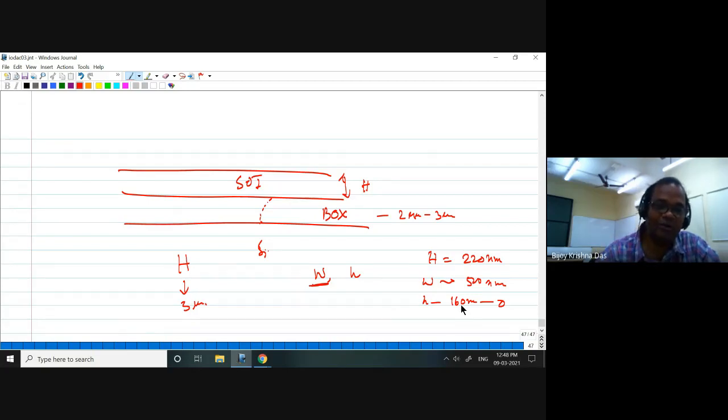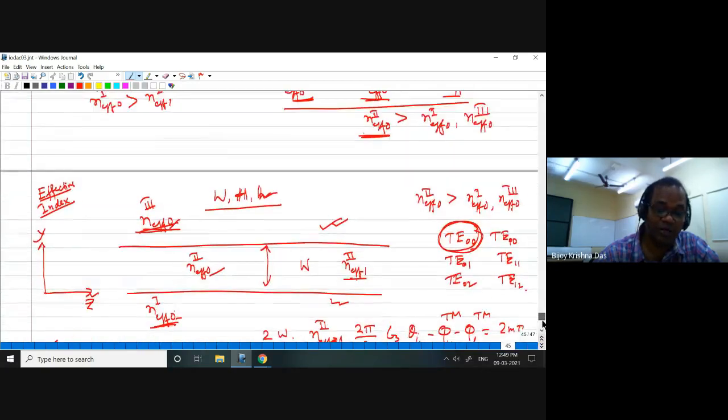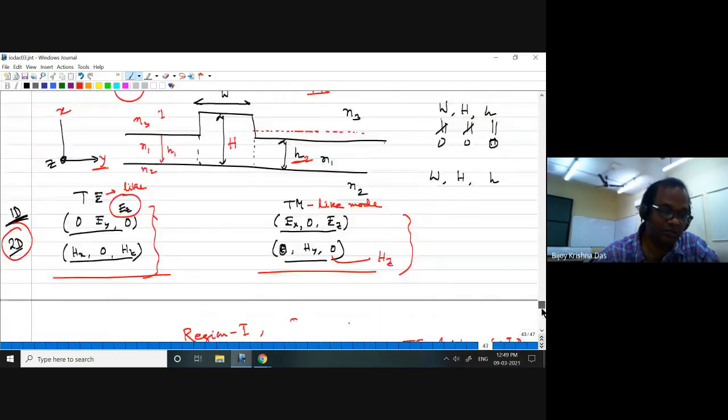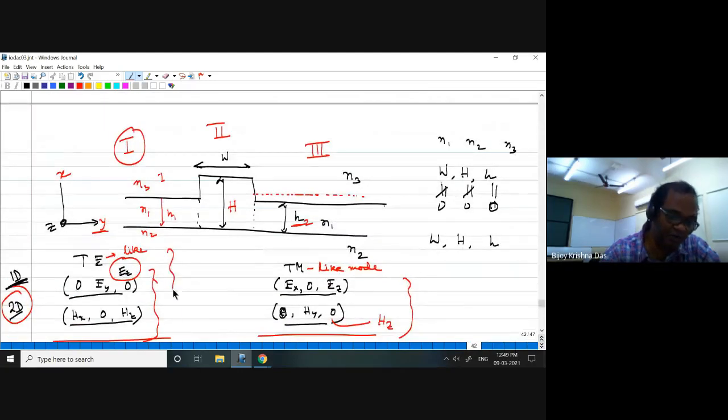When you are calculating single mode guidance, you have to look at both TE and TM, starting initially from a TE-like mode and initially from a TM-like mode. You should keep in mind that when considering the 3 different regions for a TE-like mode, these are 3 1D waveguides, each considered as TE. But when your starting mode is TM, you want to solve for a TM-like mode, then for region 1, region 2, region 3, you have to consider a TM-like mode solution. And then when it is finally derived, that time you will be considering TE. Alternately, you can consider it the other way.